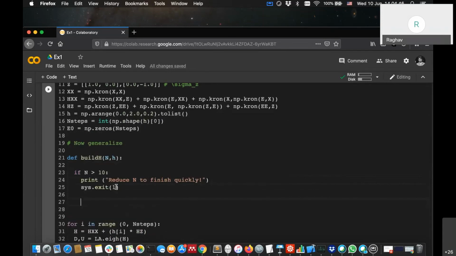This is just a condition because I don't want to deal with n greater than 10, since it will take too much time and probably crash. This condition will ensure that. And then now,